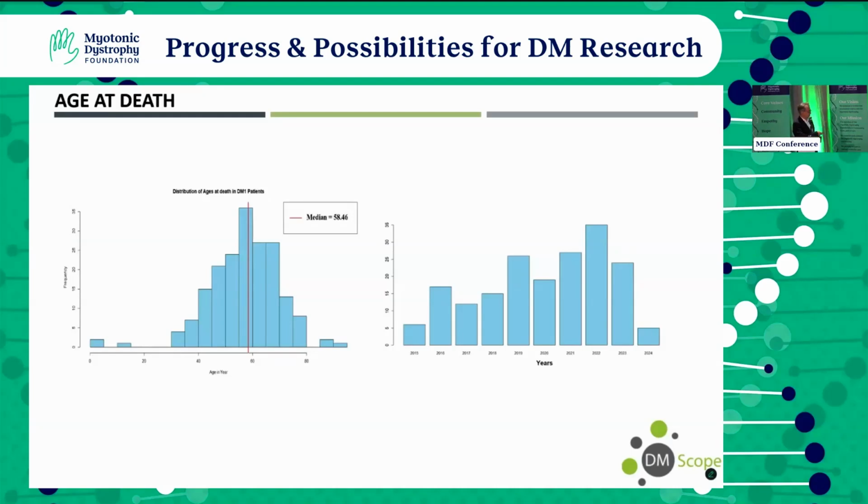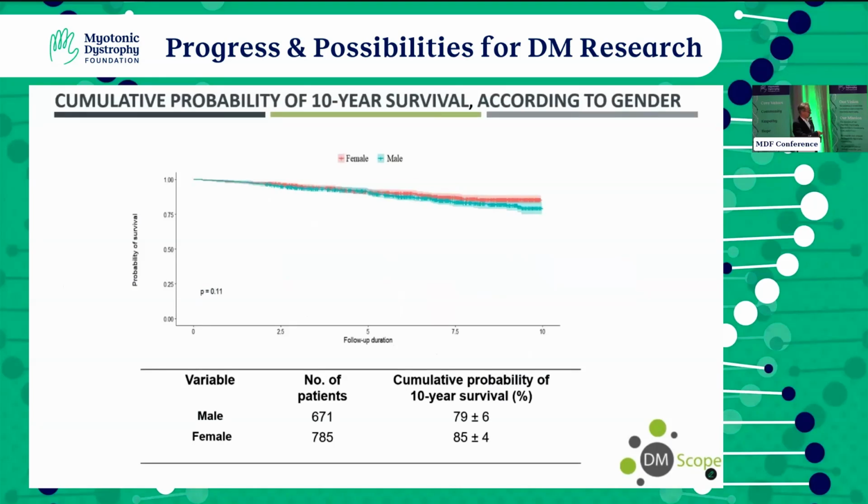This is the ratio of deaths during the year. This is here how it is. So you have the number, and it is a slightly better survival rate in female compared to male, while being not significant statistically. You have here the question, what is the cause of death? And some of you may think, okay, cardiac involvement might be the first cause of death. This is not true